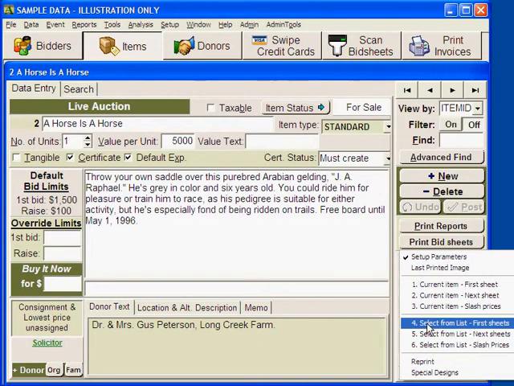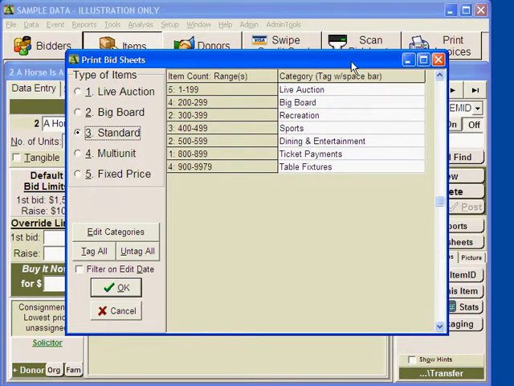Next, we will do standard items. Here we will select standard items, which will be the majority of your items, and by selecting standard and clicking OK, you will get a list of only your standard items, or if you only want to print specific categories, you simply double click on the categories that you want to include, and that will filter that list to include